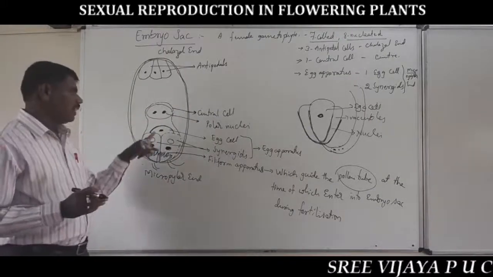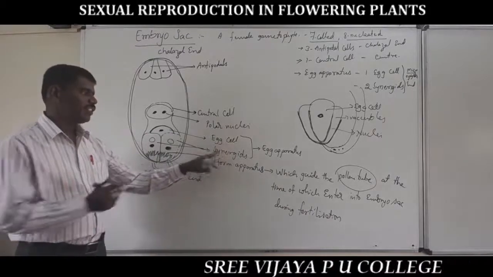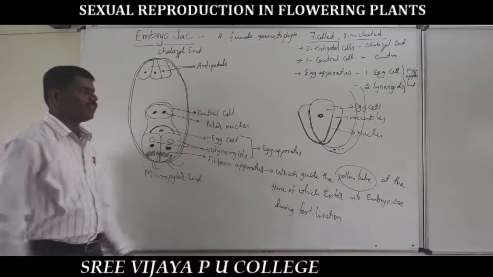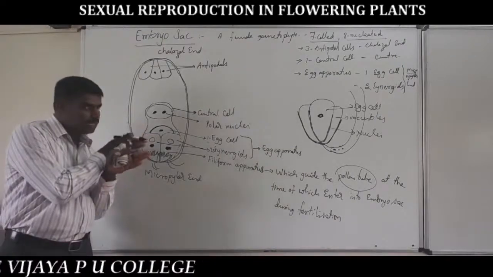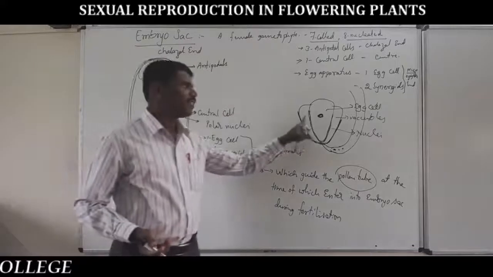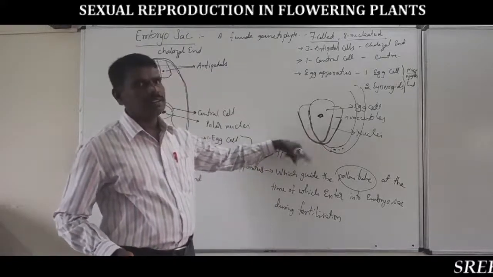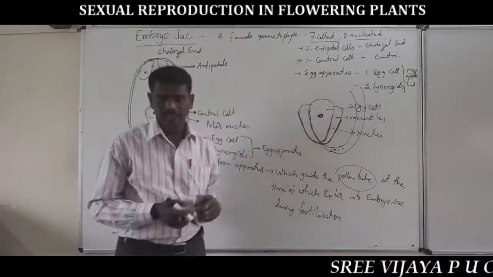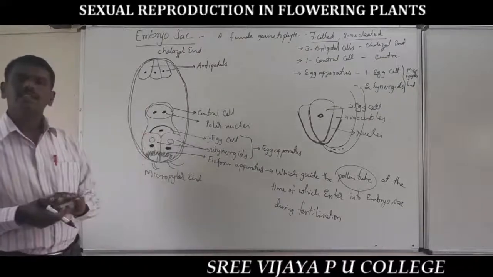So the egg apparatus has two synergids and one egg cell. The egg cell is present just behind these two synergids. As we showed, the wall is a little bit thick at the micropylar end, and towards the chalaza it is a little bit thin. So the egg cell